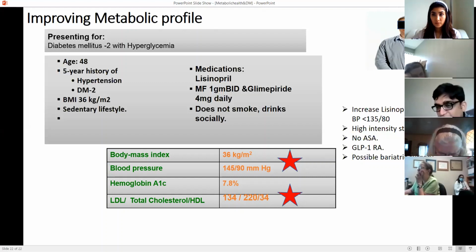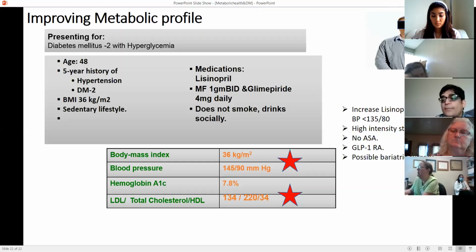He does not need aspirin. He has not had any cardiovascular events, so I will not start him on aspirin. I'll probably add a GLP-1, a weekly injection or a daily injection, because those are the agents that will help with primary prevention. And because his BMI is 36 and he has diabetes complications, I will discuss,